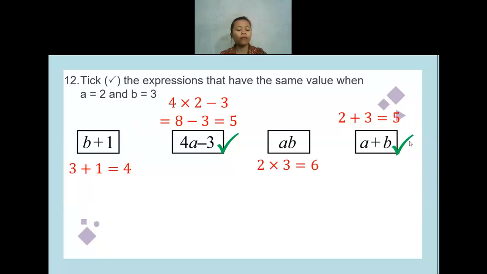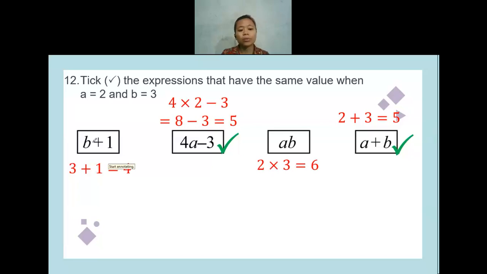Is there anyone having any question, or maybe I'm too fast? Okay. Which number are you confused about? Do not only tell me, teacher, I'm confused. Let me know which number. Is it the previous question or the number that we discussed? Did we discuss question 13 or not? It's not compulsory, but we are going to discuss it because it's different. Tomorrow we will discuss it, or maybe today if we still have enough time.